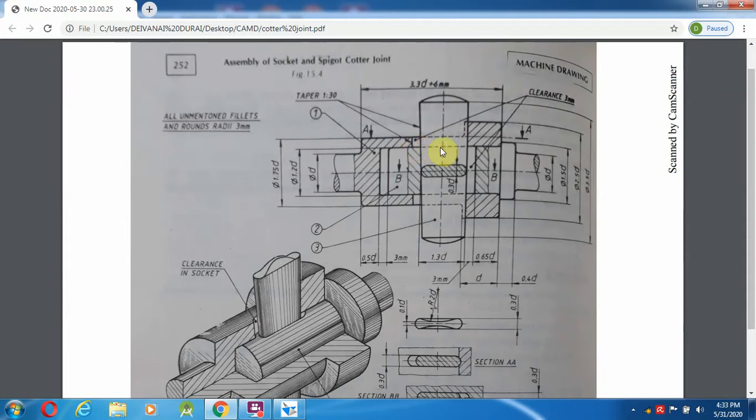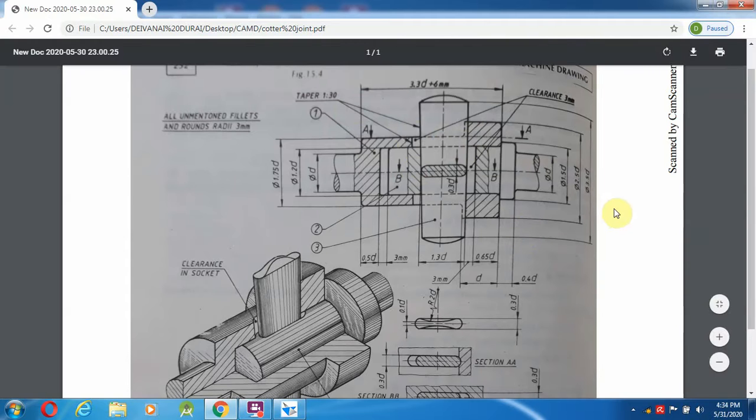So 1.3d is 26 mm plus 3 is 29 mm. So we take the taper length as 29 mm, and in this 29 mm we are going to find the taper, which is in a 1:30 ratio. So 1:30 means 1/30, which is 0.033 mm.